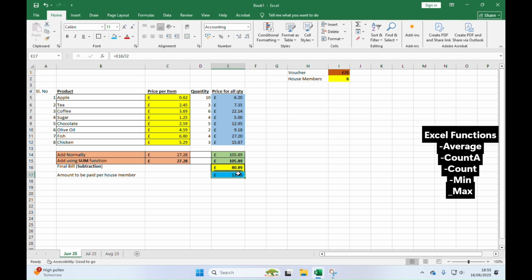session. And in this session, we're going to go through some basic inbuilt Excel functions such as average, max, min, count and count A. So we'll go through everything one by one. So we'll start with the average